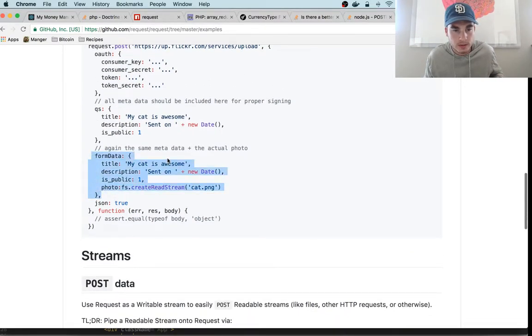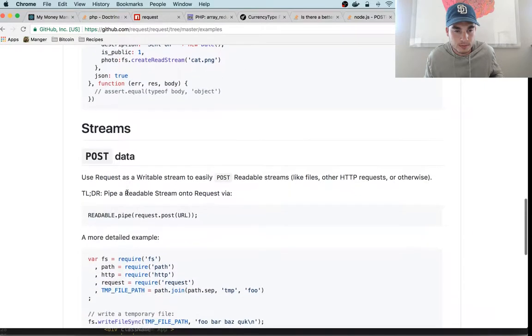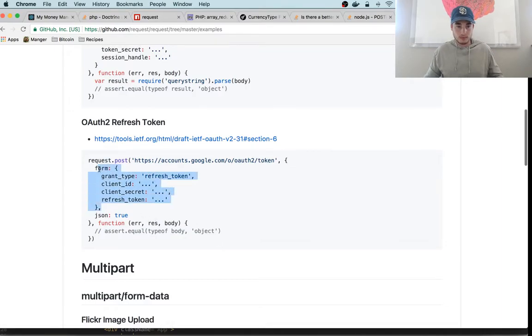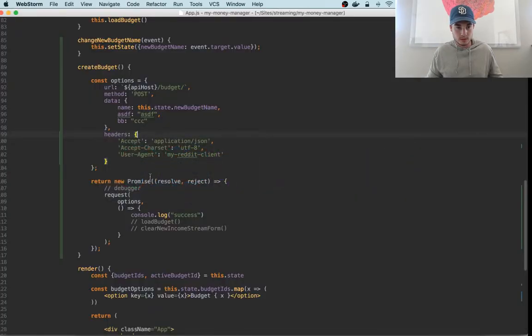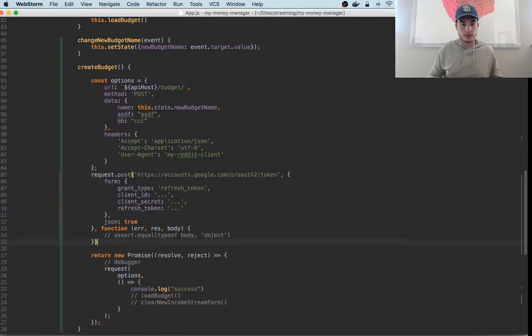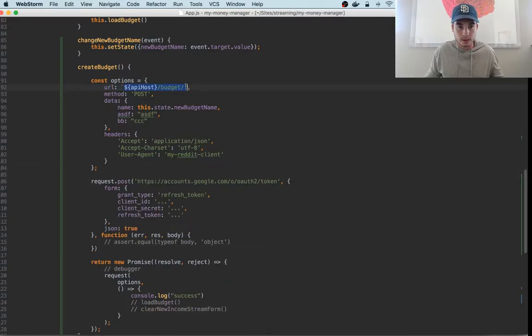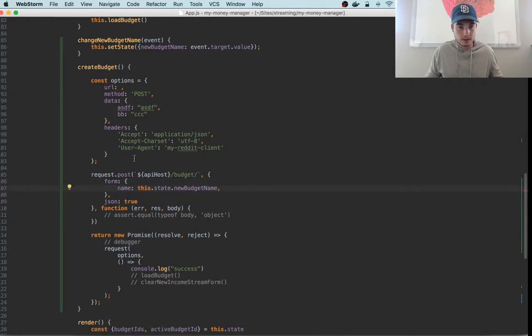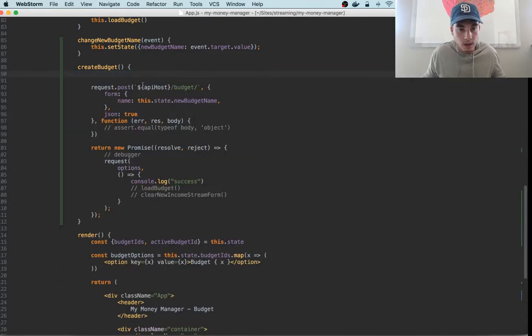This says form data. Oh, just form, I guess. JSON true. Don't know. Try this, I guess. Try the example from the official site. Just use it to our needs. Maybe it's that we don't have this JSON flag in our current setup. So yeah,